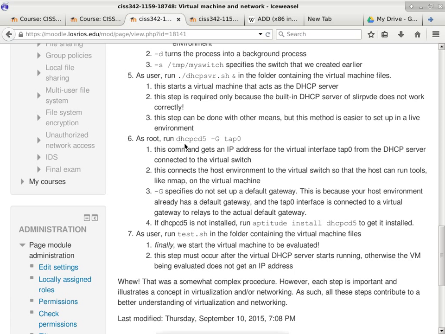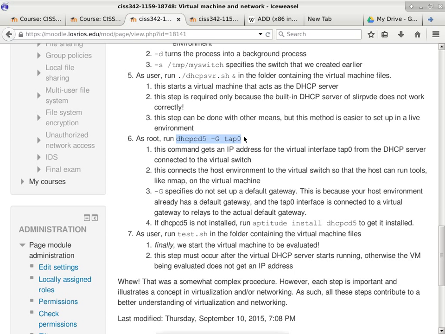Going through the notes here, this is the next command. I know we have a lot of commands, but this is actually required. This command is running a DHCP client. In other words, we are doing it so that we can get an IP address for the virtual network port that we just created a few steps earlier. Because without an IP address, it cannot talk to anyone. In order to call someone from a phone, your phone needs to have its own phone number. So we have to get the phone number for this particular interface first before we can use it to talk to anybody else. That command will do that.